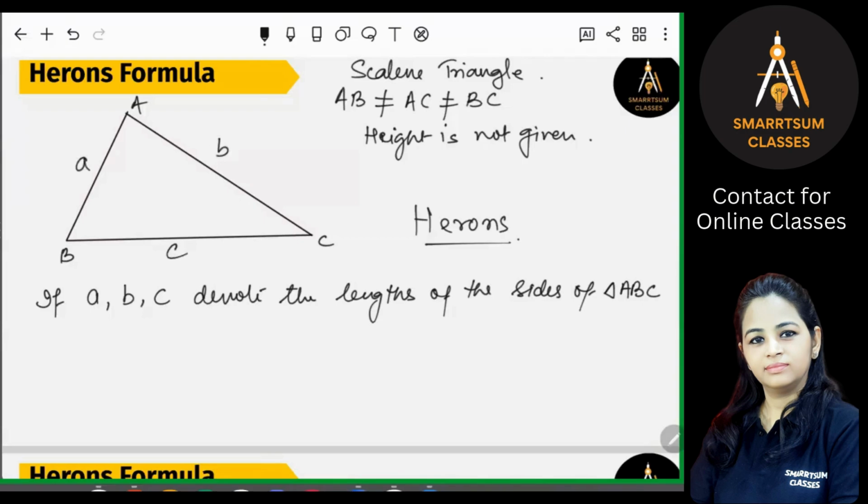These are the three sides of the triangle, and these all three are different. So if a, b, c denote the lengths of the sides of the triangle ABC, then